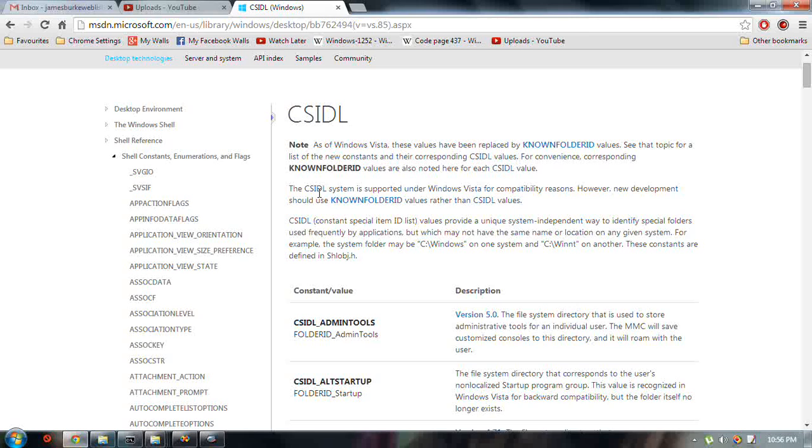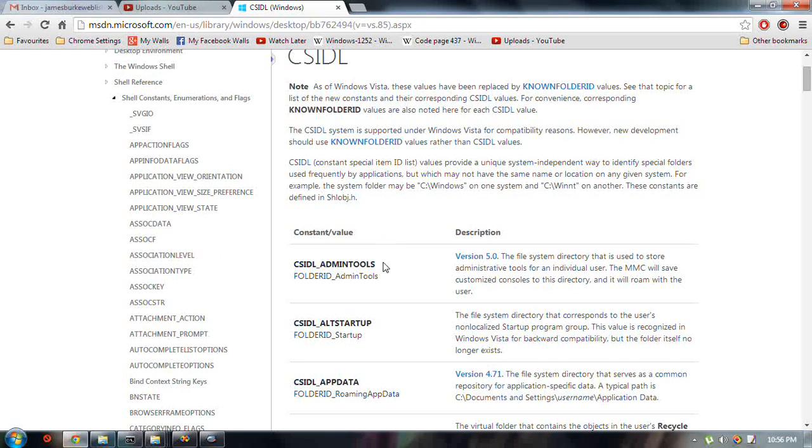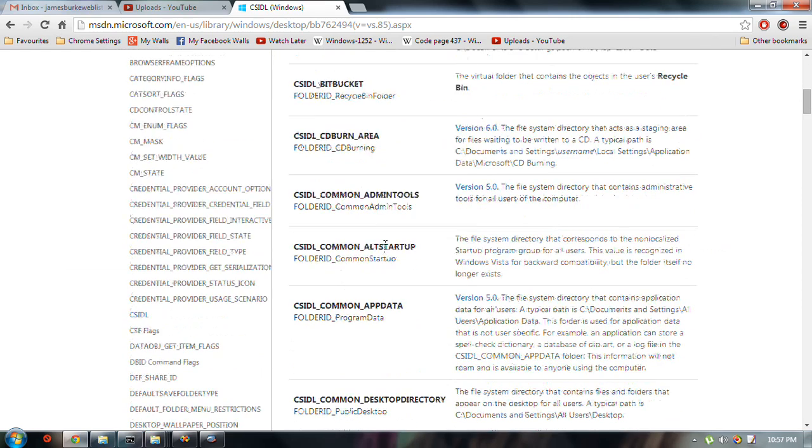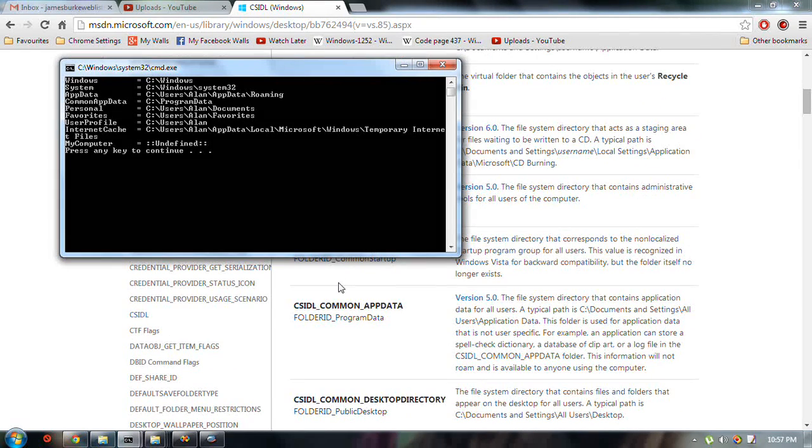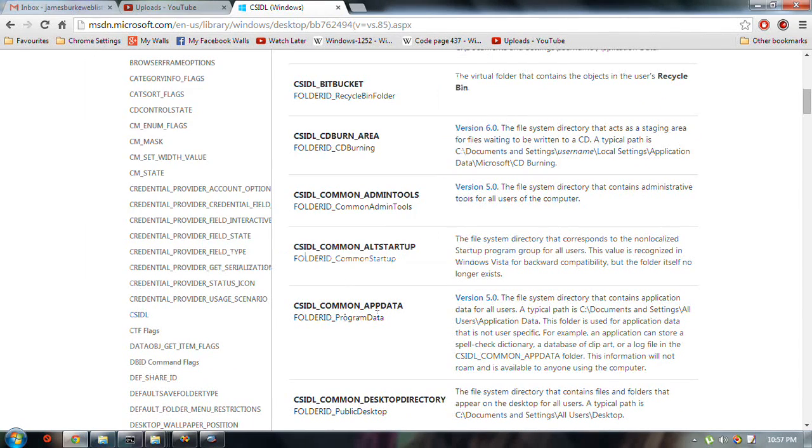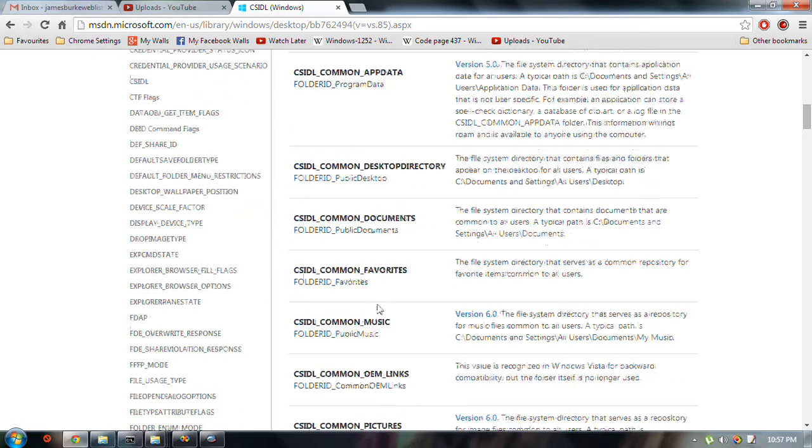However, new things should use known folder ID rather than that. The value provides a such and so. For example, the folder ID. Constant value. So it would be, oh I see. So I won't use that, I'll use folder ID